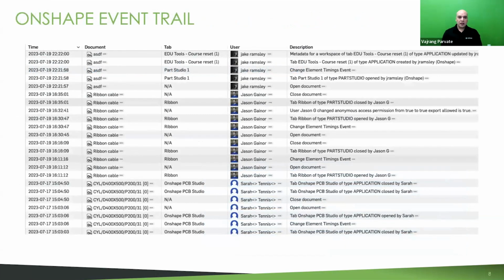And then finally, the event trail. It's the full history of operations done to a document or by a user. In this example, you can see it has the timestamp, the user and document ID, the kind of operation that was done, and in some cases, some additional metadata for each operation. Now, by design, the input parameters are excluded from the event trail. So for example, the exact radius of a fillet or the depth of a cut, those kind of things are not included. This is generally done to protect the intellectual property, since the event trail is not meant to recreate the geometry in the document.